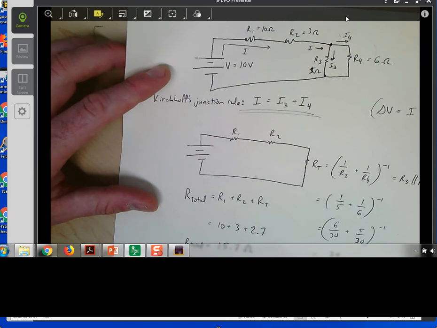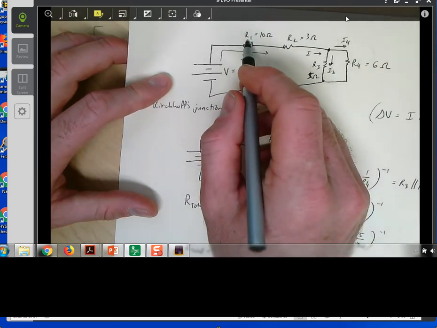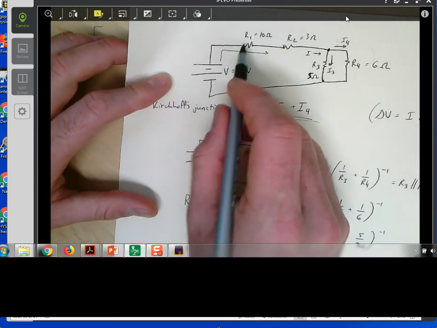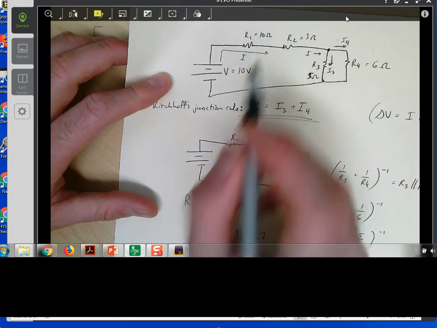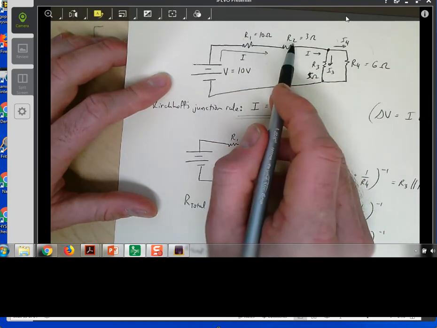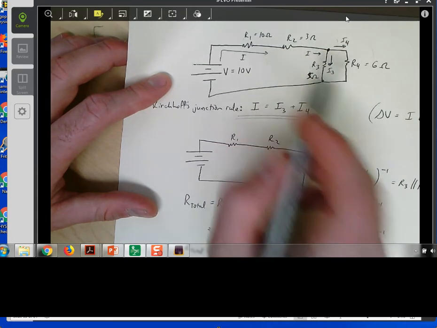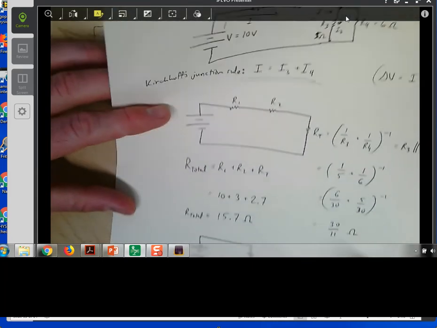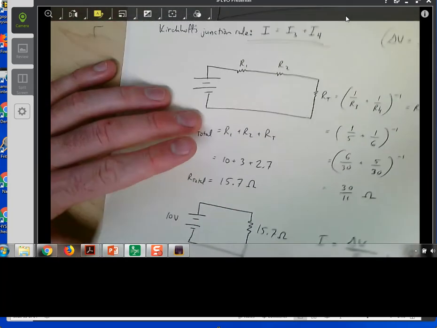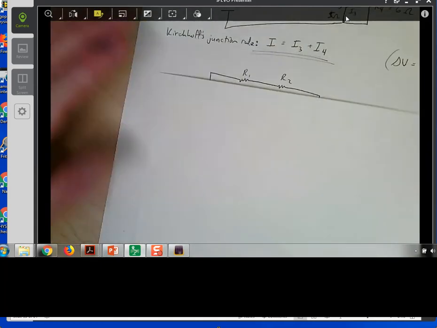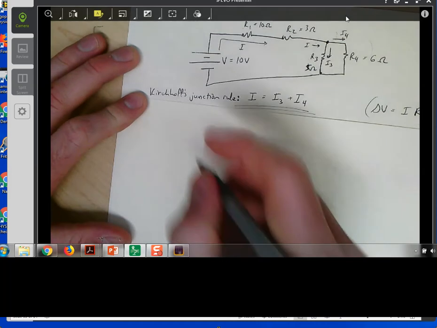At this point, it would be easy to just say, well, I know what the voltage drop across R1 is. It's just I times R1, 0.64 times 10, which would be 6.4 volts. We can do the same thing for R2. We do 0.64 amps times 3 ohms, and we would get the voltage drop across R2. Let's go ahead and try to figure out, though, how can we figure out the voltage drop across R3 and R4? Well, the answer is that we need more than just Kirchhoff's junction rule. We actually also need to use